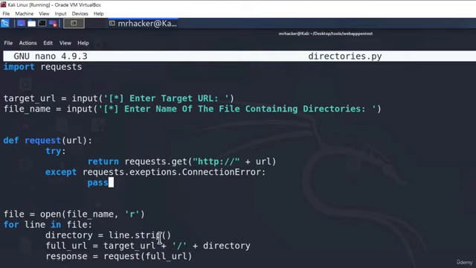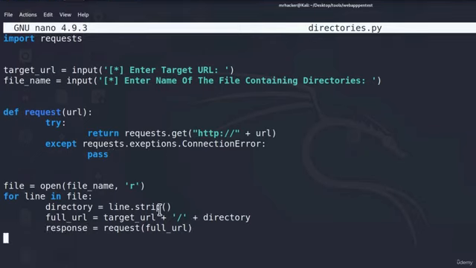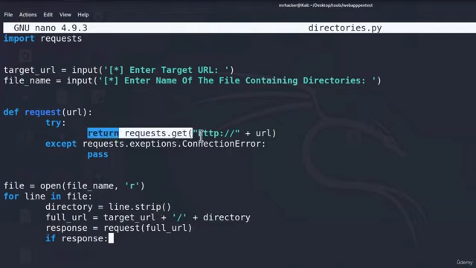So how can we then check which one managed to connect and which one didn't manage to connect? Well, we can just type the if response statement. What this if response means is, if there is something in response, then do the following statement. If there is nothing in response, then it won't do anything. So in this case, if we have something in response, that means the try statement worked and we managed to